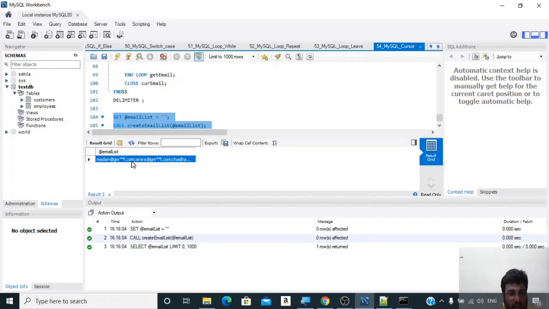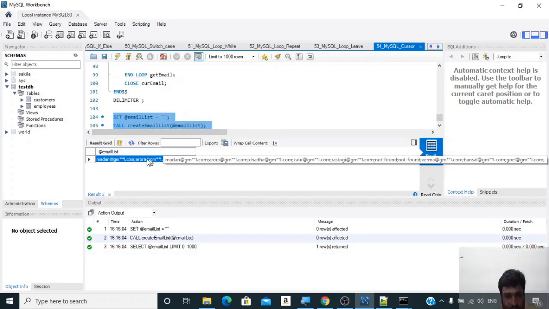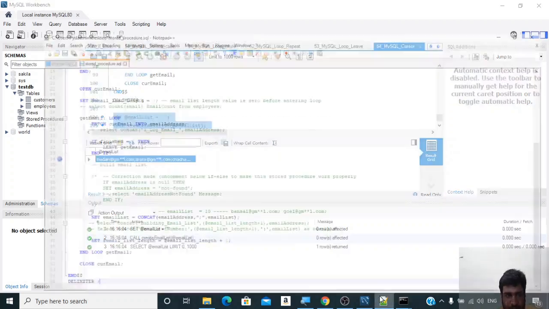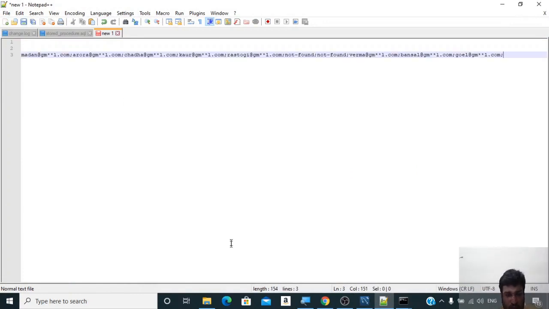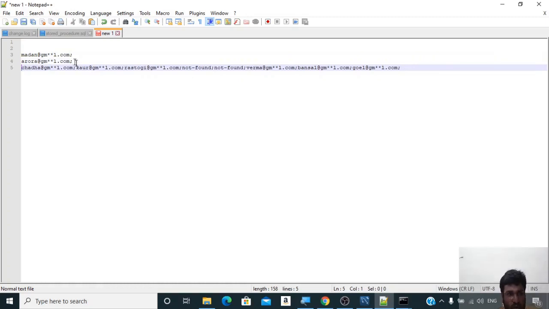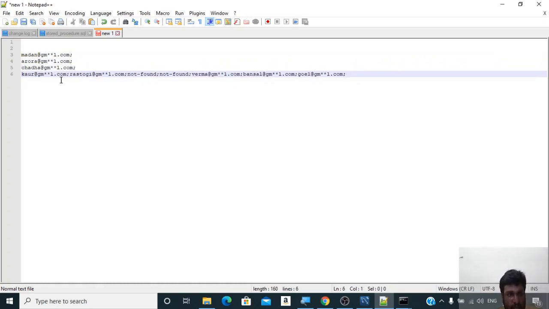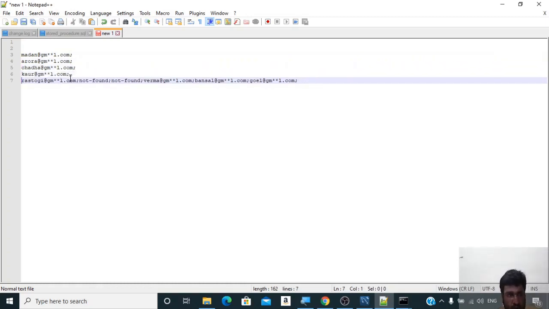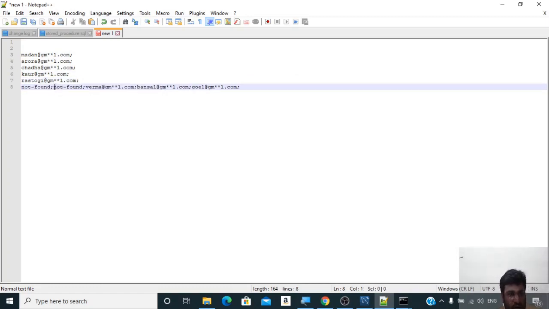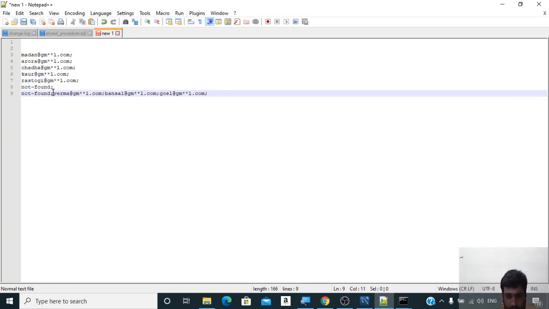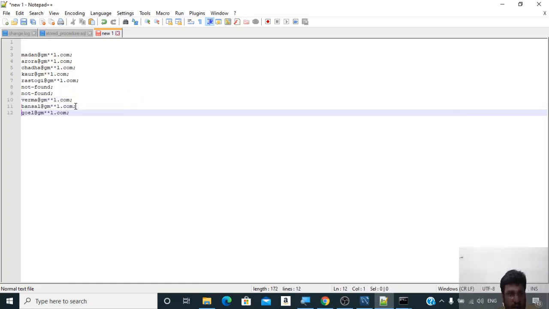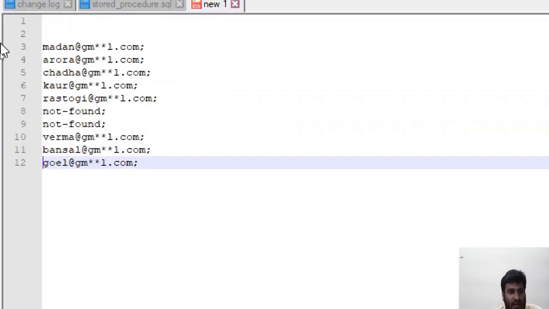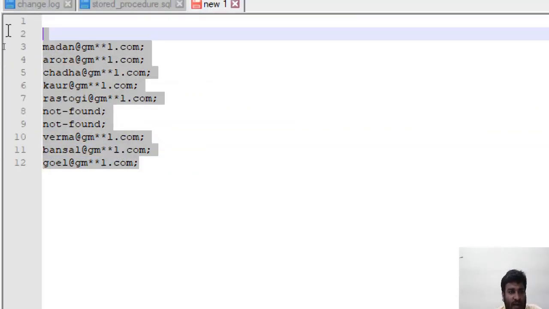You can see over here that we have the list. I just copy the list and paste it inside Notepad++, and you can see that we have 10 values: 1, 2, 3, we have 4th, and we have 5th, then 2 not found, 6th, 7th, 8, 9, and 10. You can see that we have these values which have been taken up.